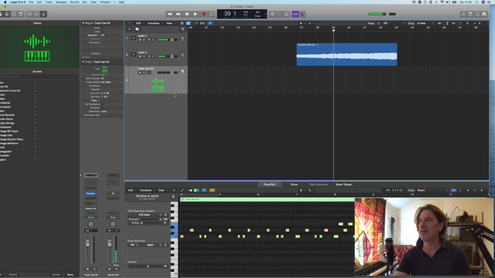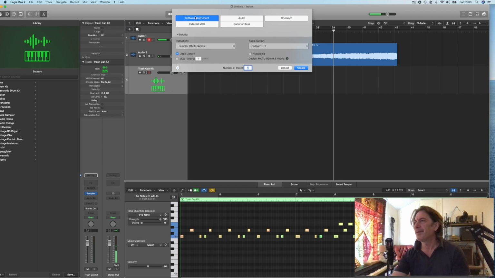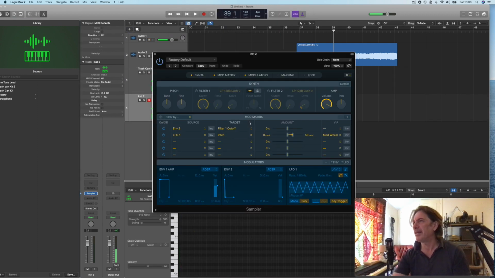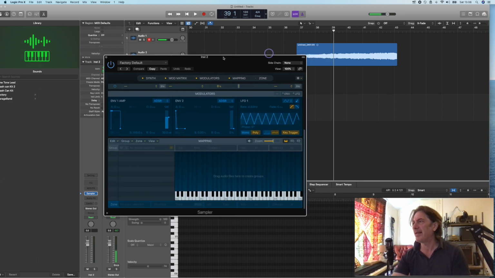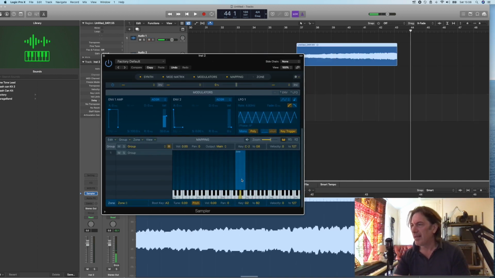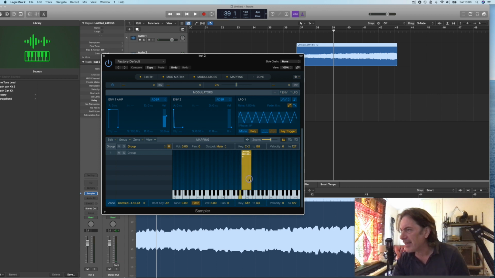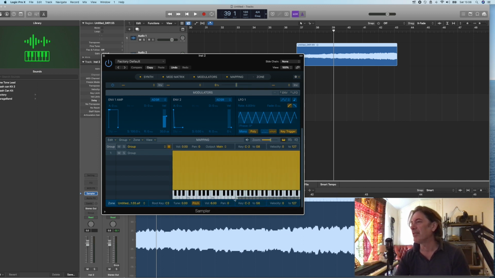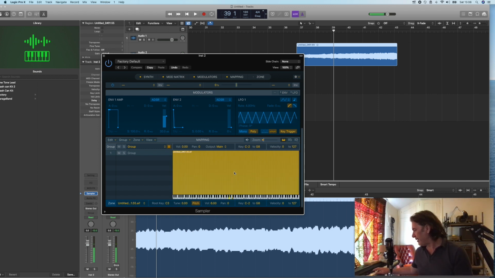Okay, so I'm going to create another kit. Software instrument sampler. I'm going to go into sampler. I'm going to select mapping, and I'm going to drag that sound on. And I'm going to have my root as C3, which means, there we go. But I'm going to map the sound across the whole of the keyboard. That's what mapping means. We can map sounds to particular groups of keys, or single keys, or across the whole keyboard. So if I play it now,